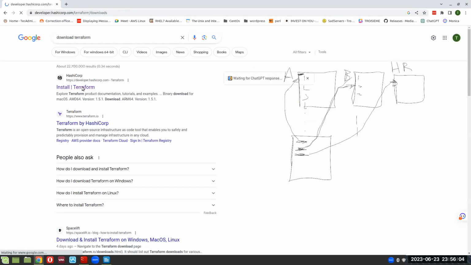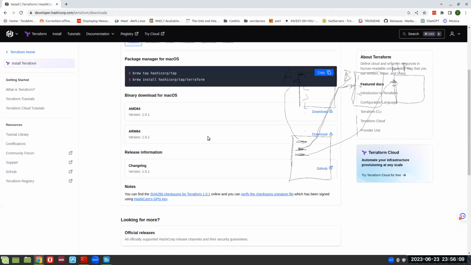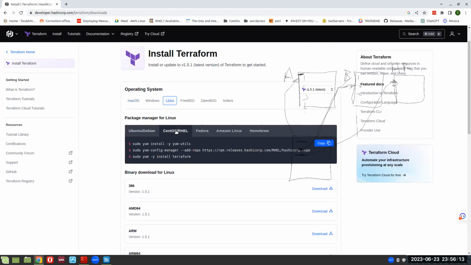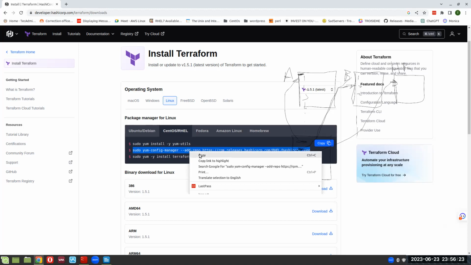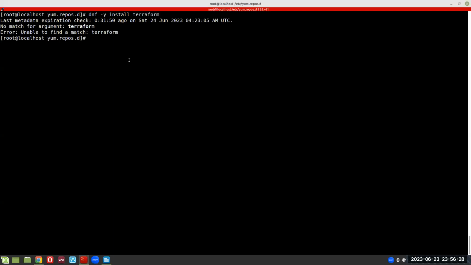as we are going on the Terraform website, and the machine that we have here is a Linux machine, and we have a CentOS version. So this is the link that we are going to take here, which is going to tell our computer how to get there. So I'll copy this,